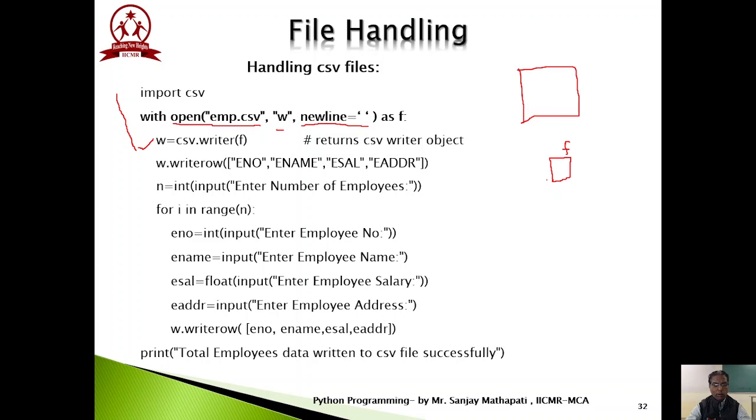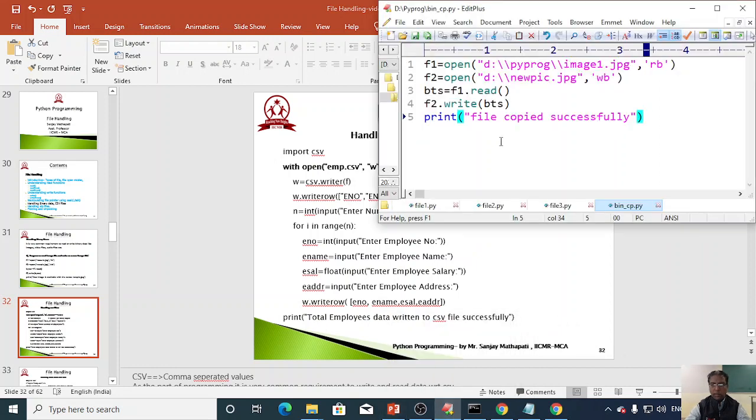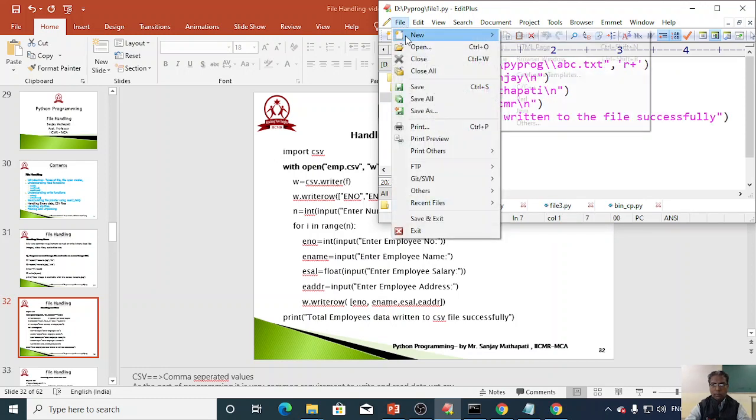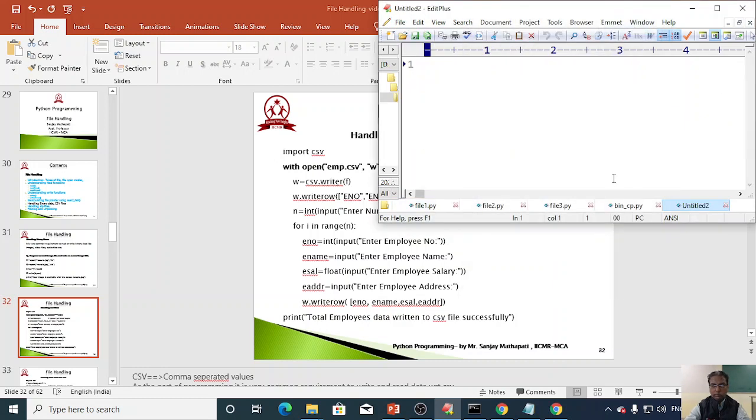Let's write the program first. We will execute only the first two lines. Here just write import csv. Next, with open.